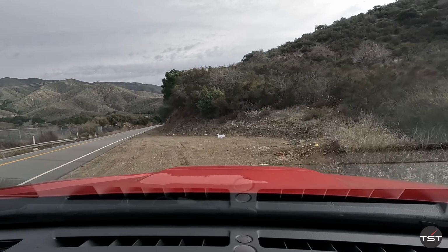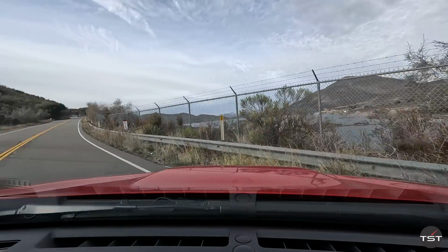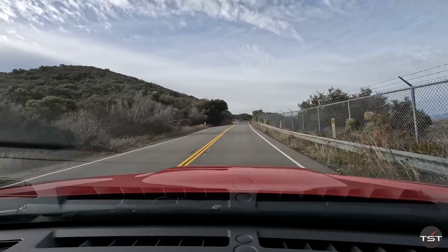It's good. Let's see how the turning radius is. Symmetrical all-wheel drive, not really impacting so much. Oh, pretty good. The water level in the reservoir is good. Ooh, yeah. So, let's... yeah, you really...